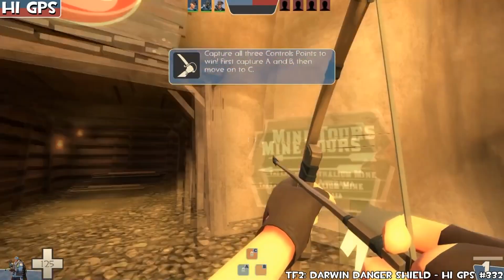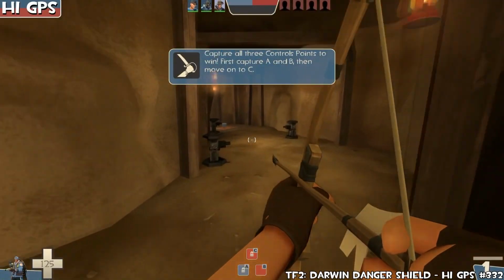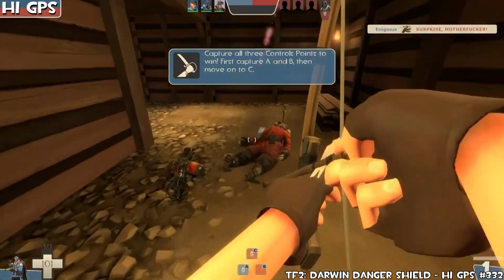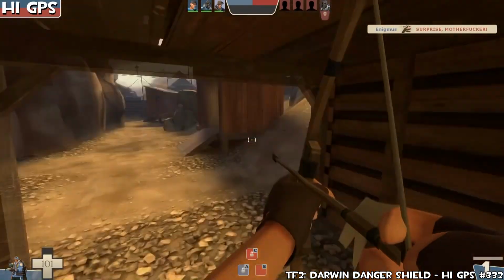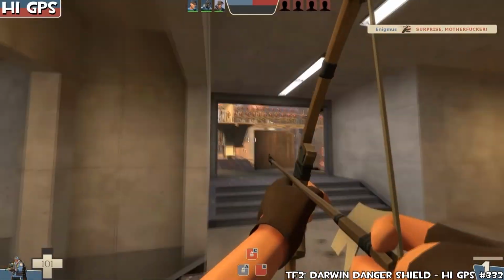Here's the thing. And we have Enigmus, and we're gonna go through here, and here's the turrets that shoot fire. Yeah, oh, Pyro! Oh yes, we killed him and we didn't get any afterburn. All right, so then we're just gonna go and wander the way up here. You can see he has the Darwin's Danger Shield, and then we're just gonna...